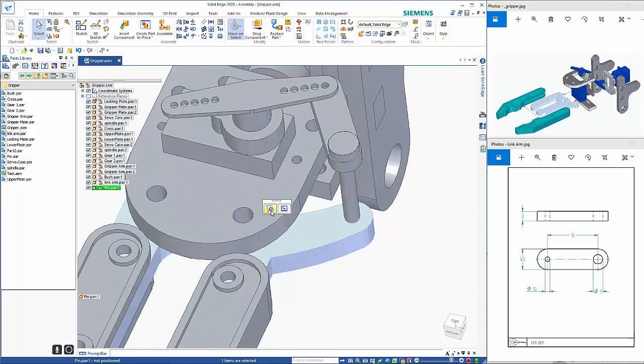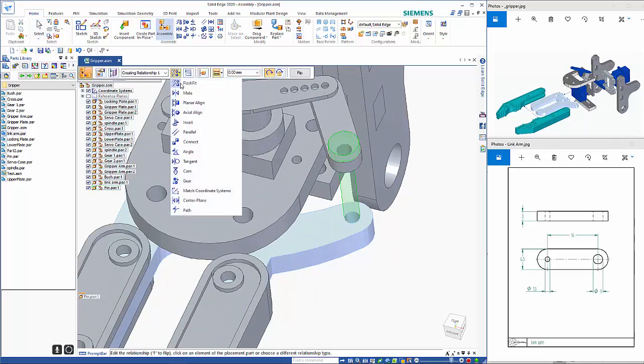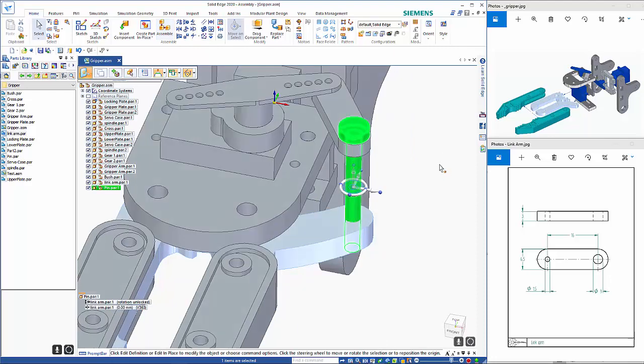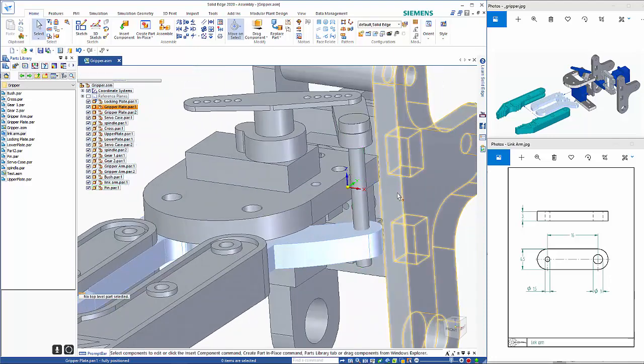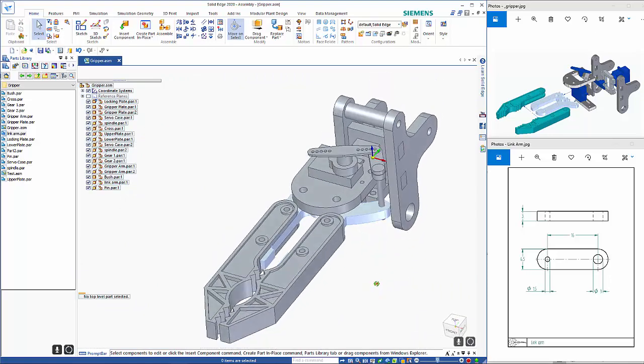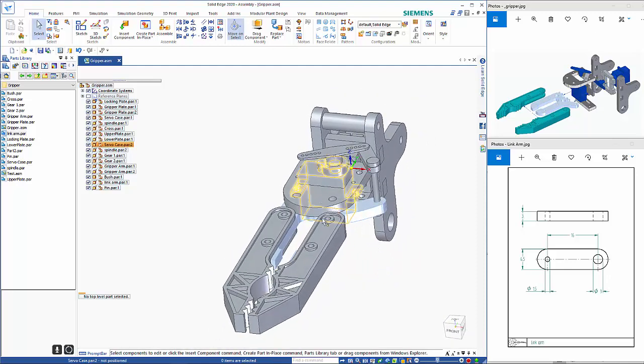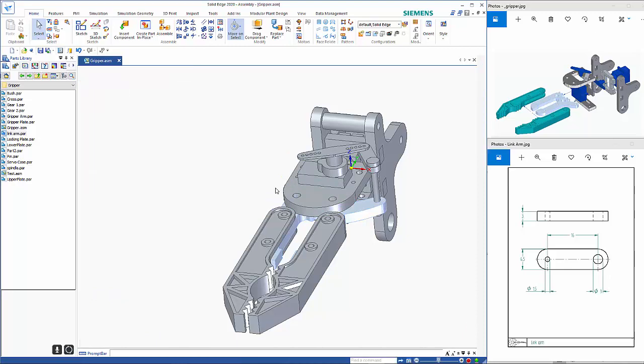So edit definition, and again I'll use the insert. So that locks those two together. So we're free now to do that. One thing we don't have is the setting in here which restricts motion. I could put an angular relationship on here to say how far that is free to move. Another option that you can do is if I go in and edit this part, so double click on it and go into the part itself,